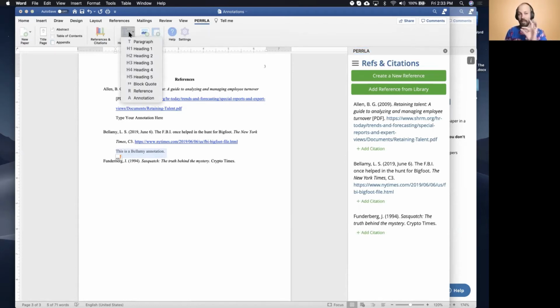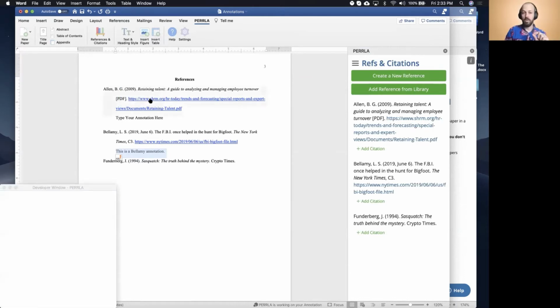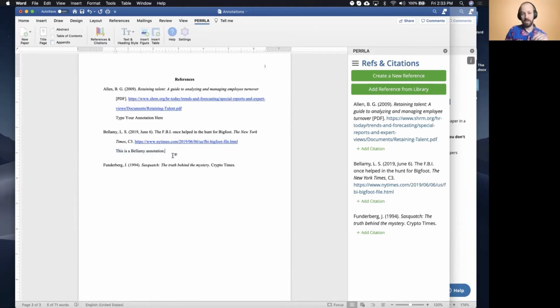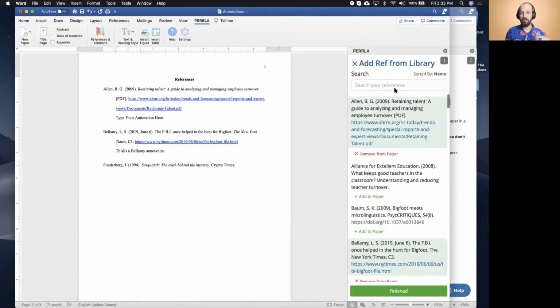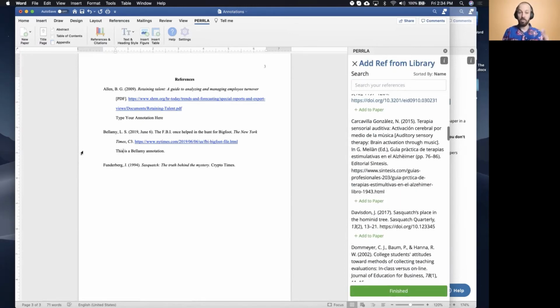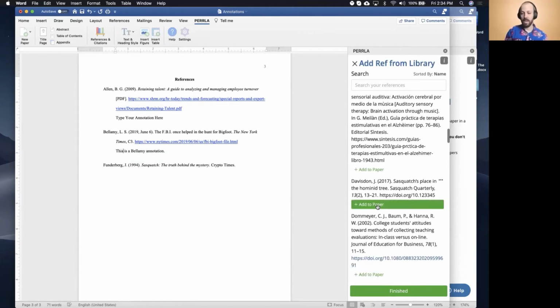So I'm just going to highlight that paragraph, and then I'm going to come down and choose annotation. What this is going to do, ignore this, that's part of my developer debugging stuff, is set this to the annotation style. So now if I want to add a reference, let's say we're going to add a reference that's going to show up between Bellamy and Funderburg, like this Daviston reference, I can add this to my paper,